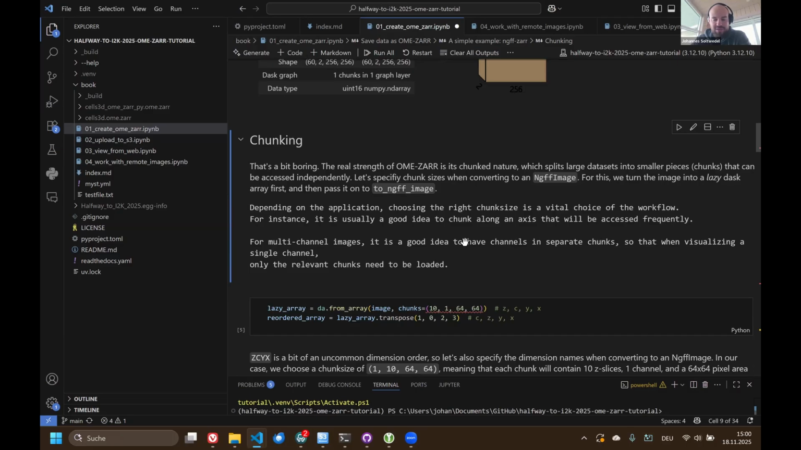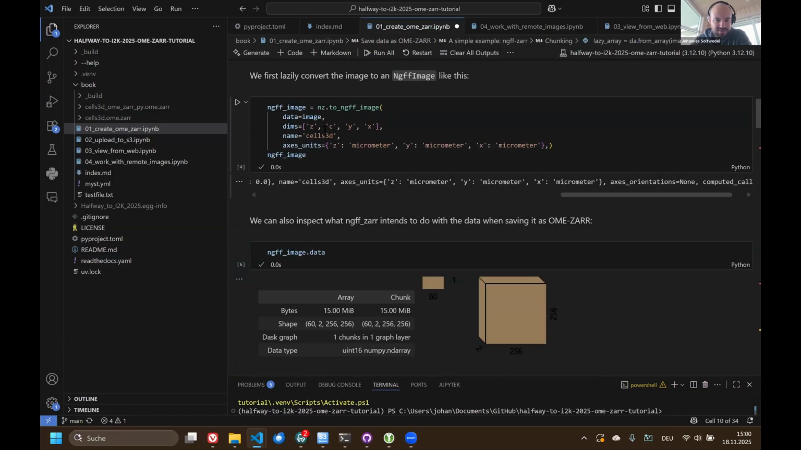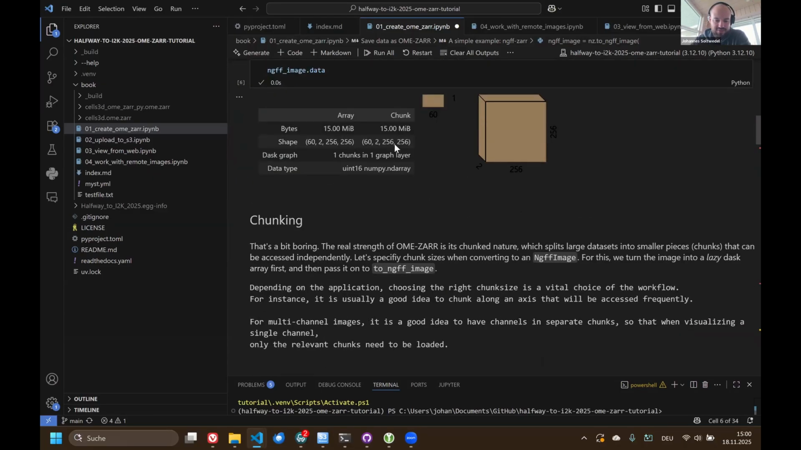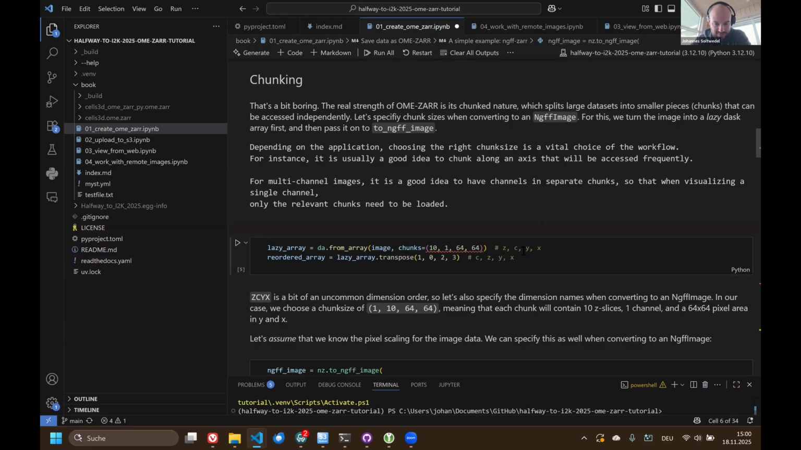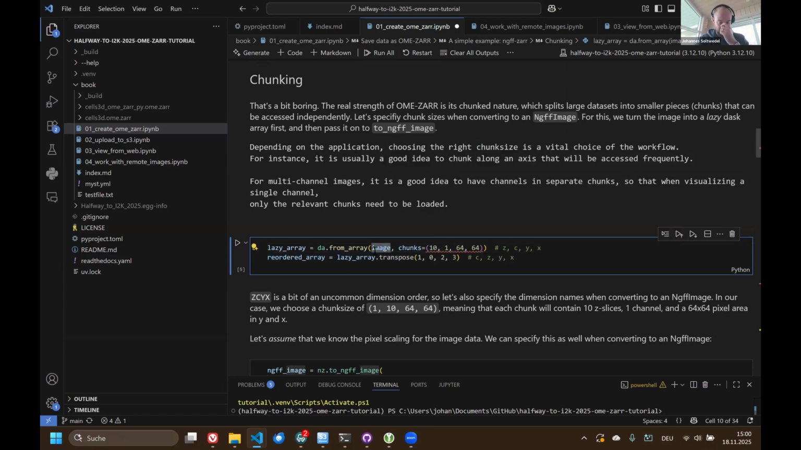So let's make these chunks a bit smaller, so we can actually observe NGFF or OME-Zarr in action. And also, for me, I find Z, Y, X a bit unintuitive for viewing. So we're gonna reorder this into channel, Z, Y, X. So first we're gonna make the chunks a bit smaller. So I tell Dask, I turn this image, that's the thing we loaded from scikit-image above, turn it into